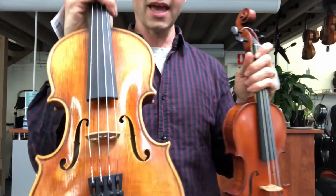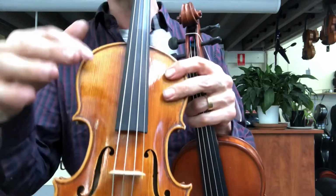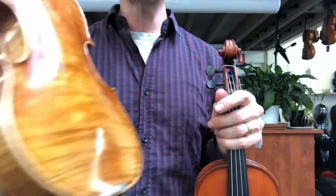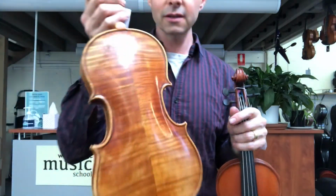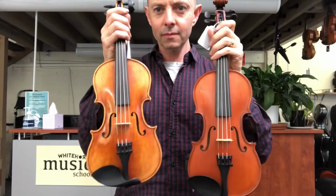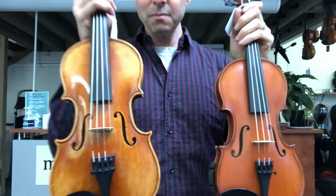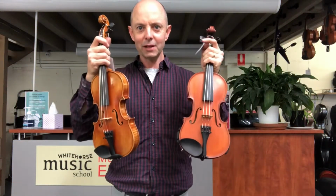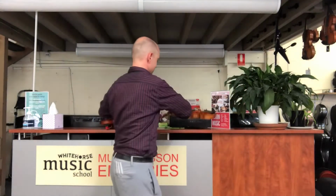This is a second-hand Struna master violin, and it has that characteristic sort of faded varnish and scratches and things like that to make it look like it's a very old violin. It's a beautifully figured violin, and we have a trade-in system here, and so someone's traded this one in and made it available for some other human to play, so that's good. And the other two,